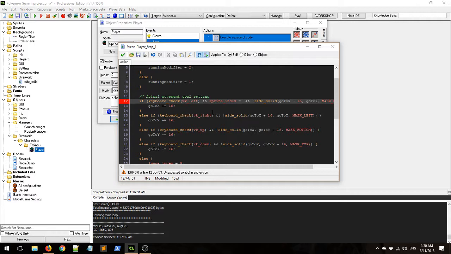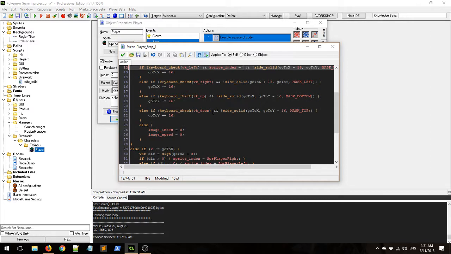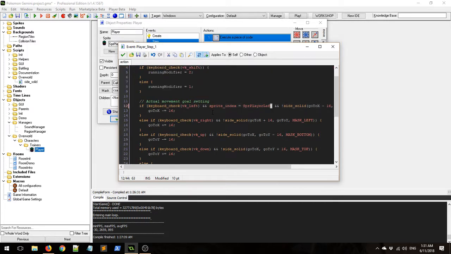Okay, this may or may not work. So I'm going to try it first. Sprite index equals, and what's the sprite? Sprite player. Sprite player left. There. So basically,